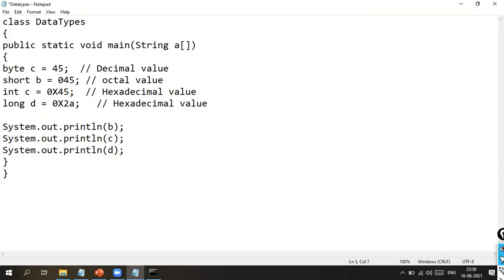Now, can I assign a character value? How are characters denoted? Characters are denoted with single quotes.